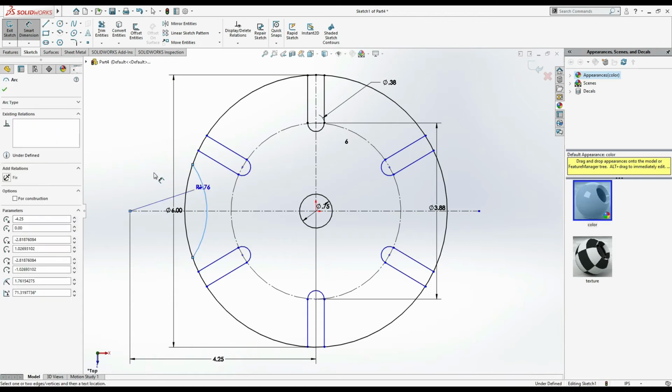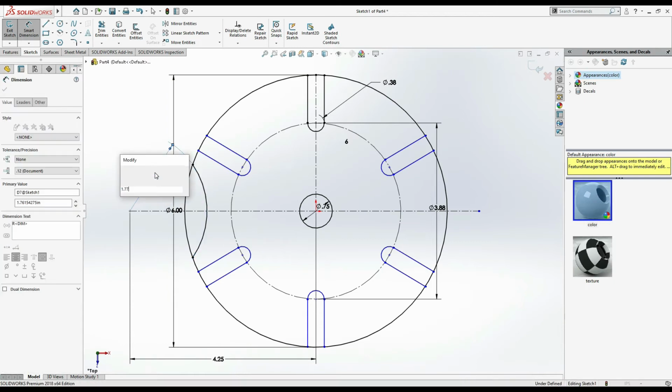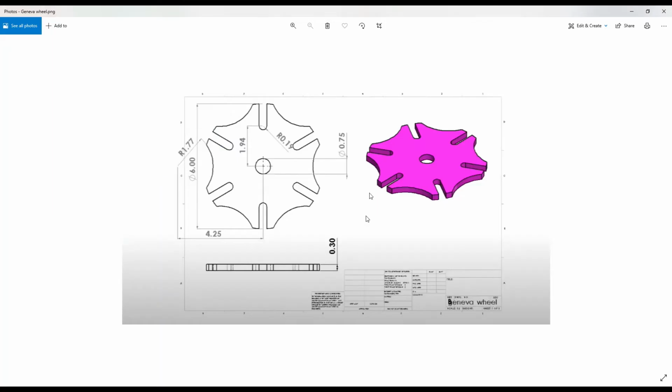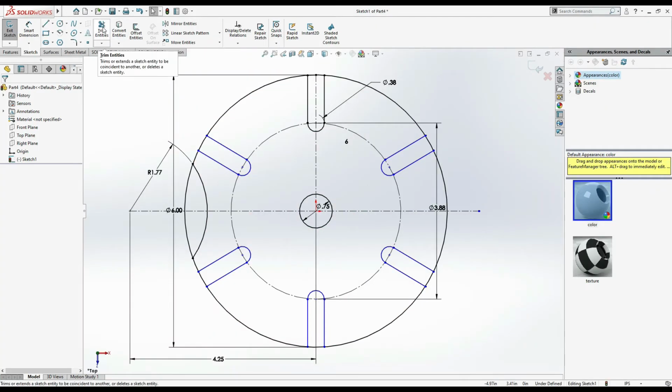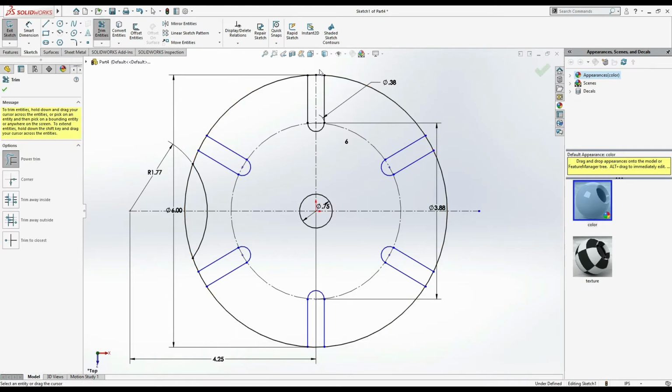Select this arc, it's 1.77. Okay, now one more thing. Okay, it's fine. Now just select trim entities and start trimming. Select trim, trim it, trim it, trim, trim, trim it, trim, trim. One more thing we left,